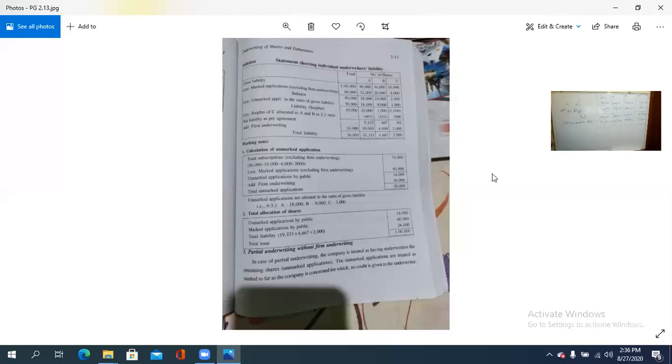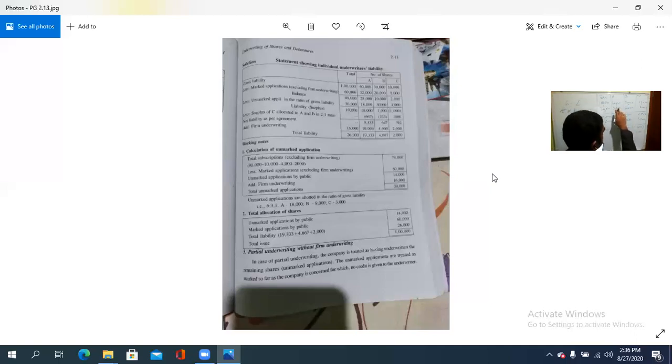18, 9 and 3. So 30,000. So the balance is 10,000. Here 28 minus 10 it is 10. 10 minus 9 it is 1. And 2000 minus this is 1000. Here there is a surplus. That surplus to be 6 by 9 and 3 by 9 we need to apportion. So 1000. So this is the balance and surplus that is to be deducted.